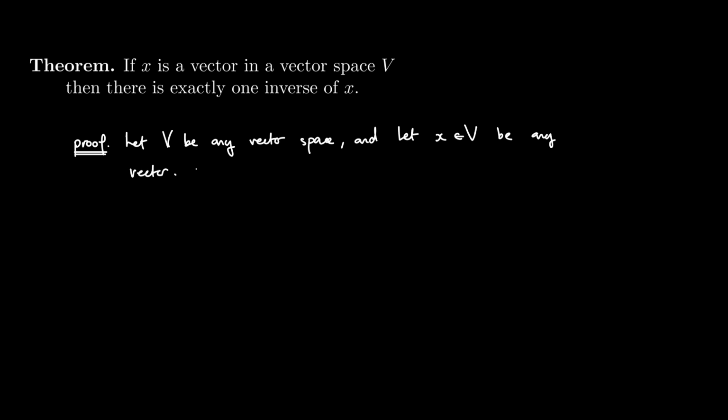And let's suppose also that we have two inverses for this vector x. So in other words, I have two vectors, which I'm going to say, let's say y1 and y2, and these are additive inverses